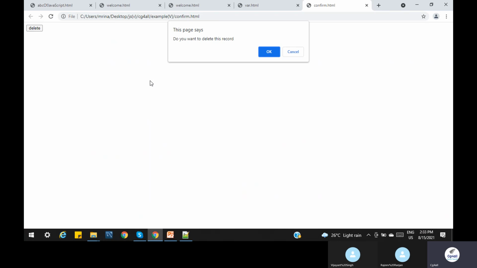This is a general function we use day to day. When you are writing code, you should know we are not directly deleting any functionality or any row. What we suggest is that first it should ask the user, do you want to delete this record? If they click OK, then it should delete. So we have to achieve the same thing.